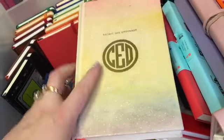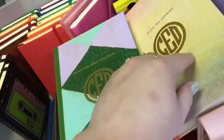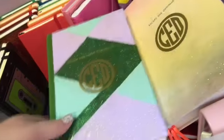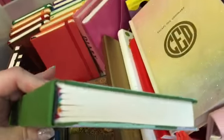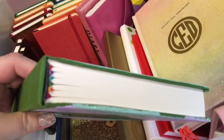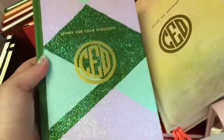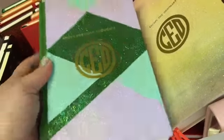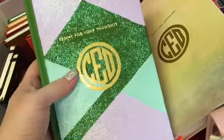The binding on the newer one is fine, but the one that I got a few years ago, this one, the binding wasn't good. So I might just take the cover off this and use it as some kind of quote page, and then take out the colorful bookmarks and put them in there. This is the older one that doesn't have the good binding like the new one. The binding is only partially all the way across, and it was coming apart even when I first got it, and it's been sitting on the shelf for about 3 years, and then the binding in the front came off too. I glued it back together, but I'm not sure if I want to use it